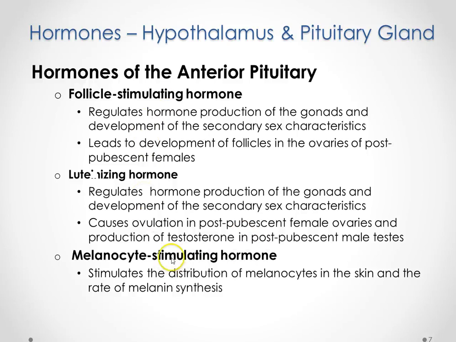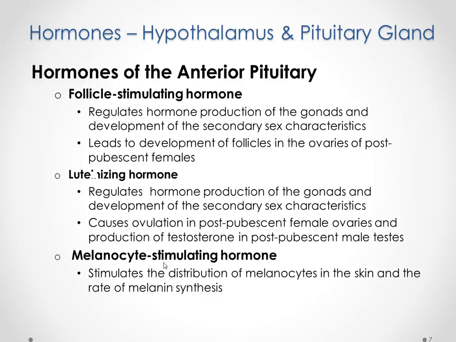Now, this last hormone, the melanocyte stimulating hormone, is the only one in this list that's going to be produced in the pars intermedia, that little middle area in between the pars distalis and the posterior pituitary gland. Melanocyte stimulating hormone is going to be formed there. Again, the title of this hormone is telling you what it's doing. It's stimulating the melanocytes. So melanocytes are going to be the cells in the skin that